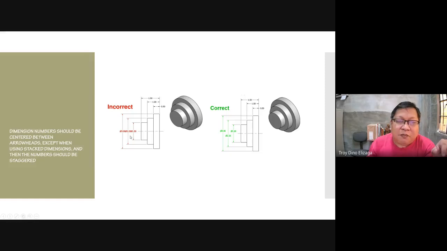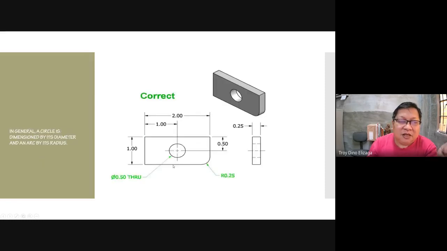So it's also a good practice to stagger them so that you can see the dimension clearly. Anyway, they're still around the middle. In general, a circle is dimensioned by its diameter and an arc by its radius. So if you have a circle, use the diameter as much as possible.